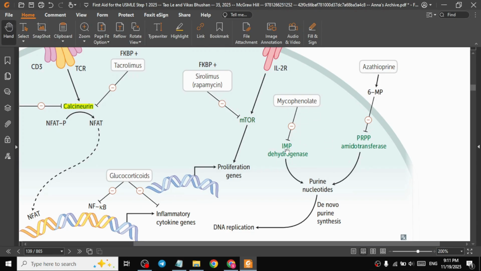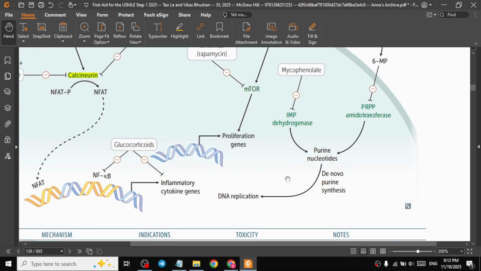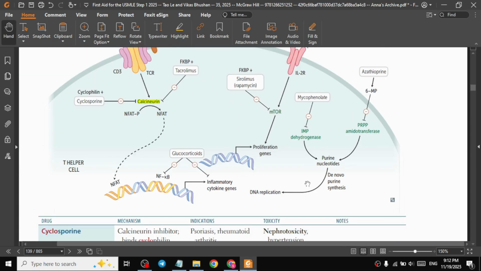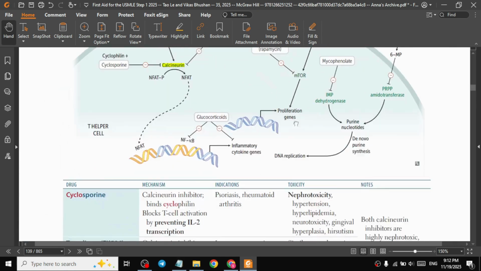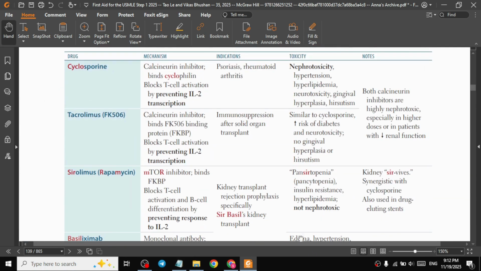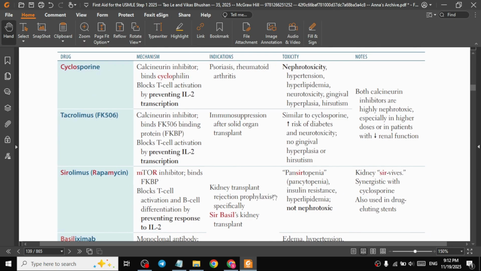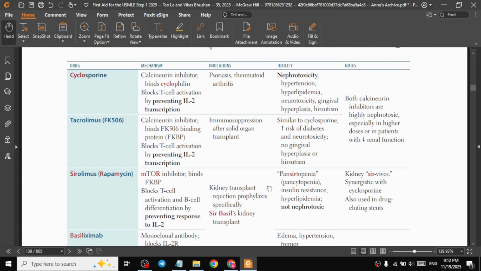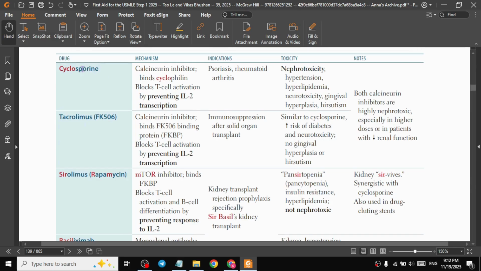Mycophenolate almost does the same thing. IMP dehydrogenase does not allow the purines to exist. Okay, so you're gonna lose it, and eventually the T cells will undergo death. So that's the drugs that we're talking about. Okay. All right. So just some quick points. Cyclosporin and